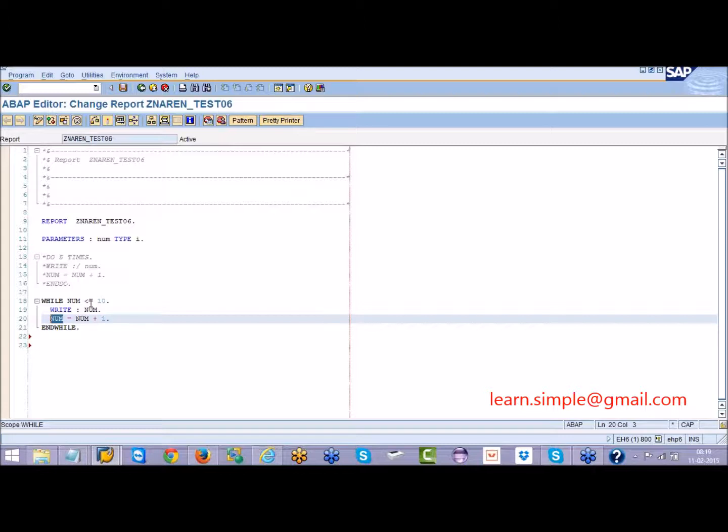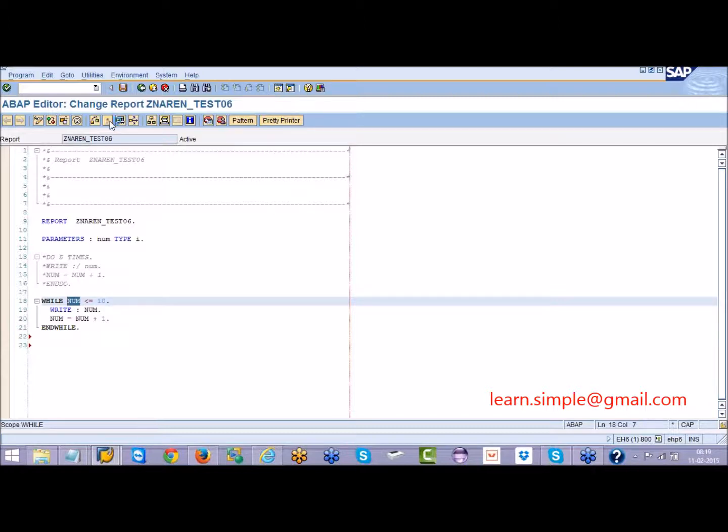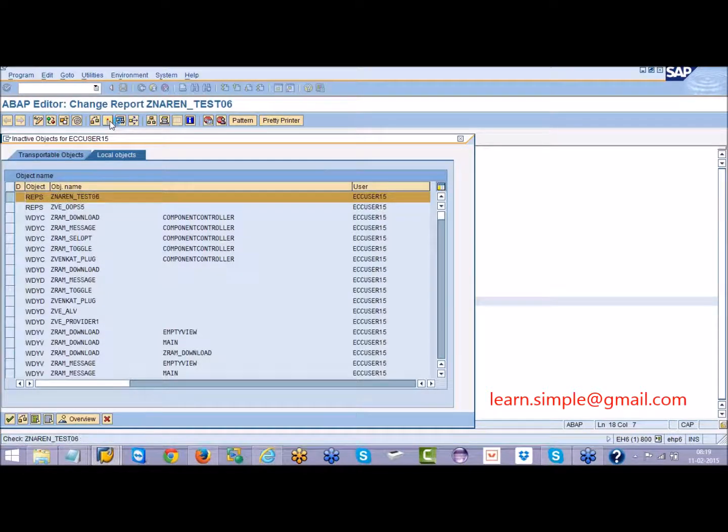Finally, there will be a time where it checks 10 less than or equal to 10. Yes, the equal to is there here, so we are comparing with an equal sign. If the value is 10 here, then it also prints 10. Then 10 becomes 11. Then it will check again 11 less than or equal to 10. No, the condition fails. Then it will come out of the loop. So this is how this while statement gets executed.